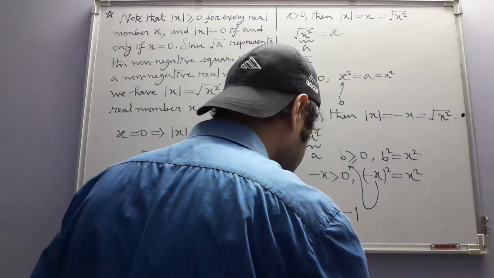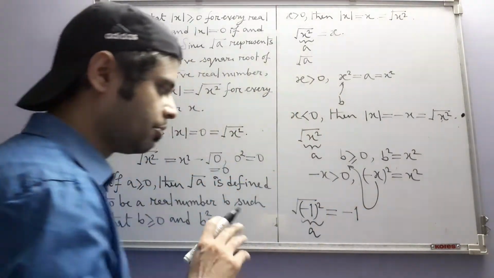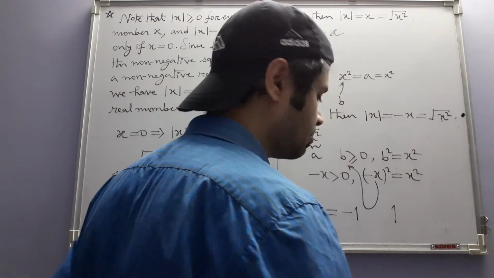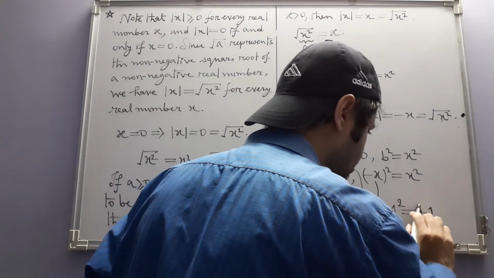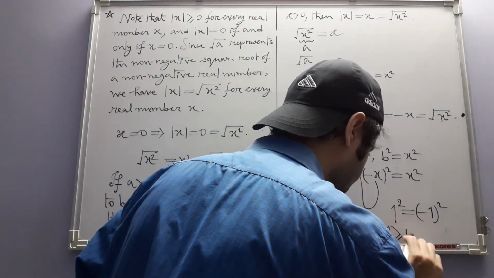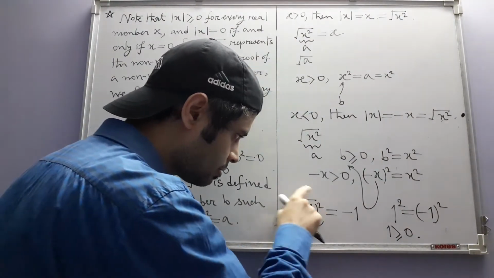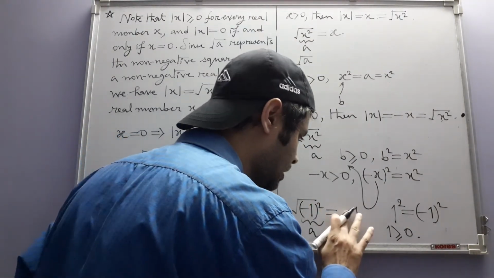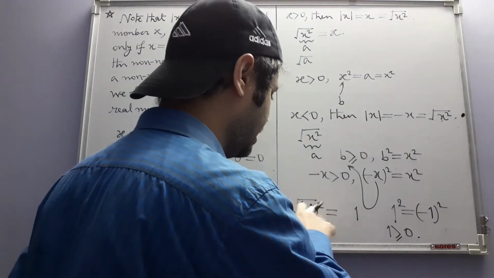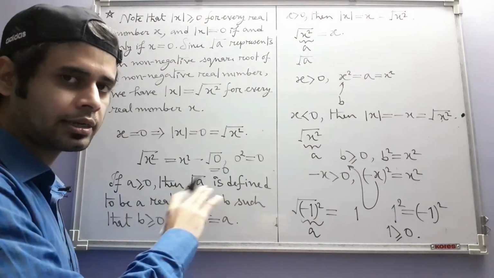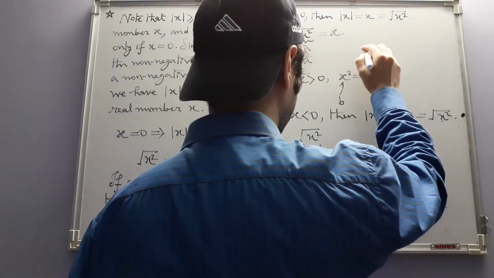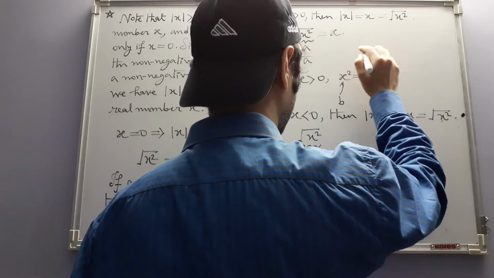That means this is a, now we need a non-negative number whose square is equal to a, and that number is 1 because 1 square is equal to a, which is minus 1 square, and 1 is non-negative, in fact it is positive. So this quantity is not equal to minus 1, it is actually equal to plus 1. And if you neglect this fact and simply cancel square root and square, then you can prove a mathematical fallacy, this one.